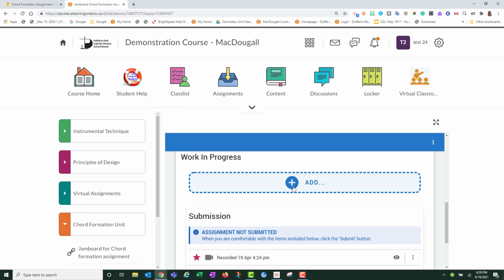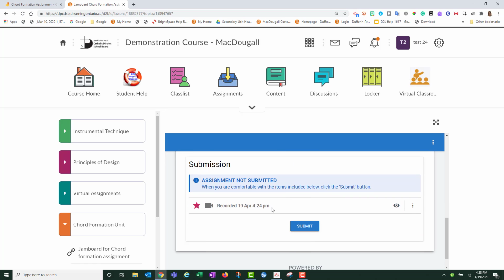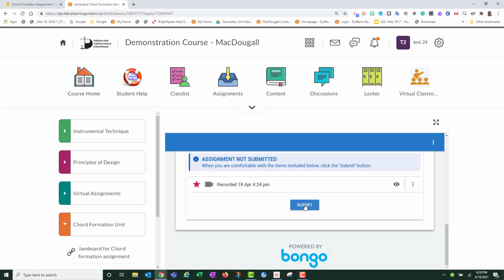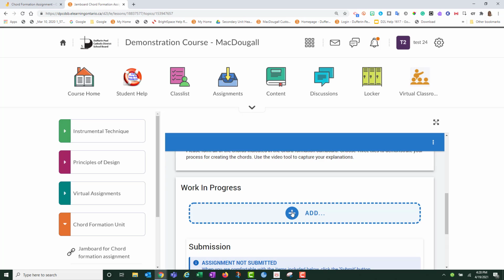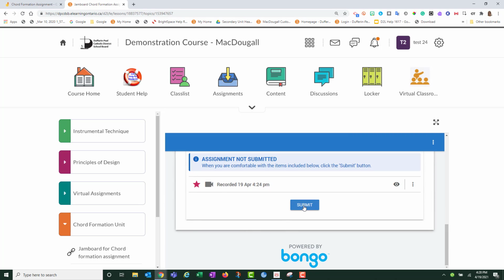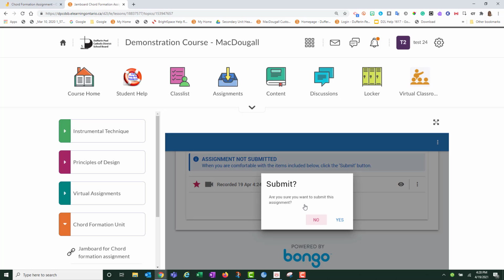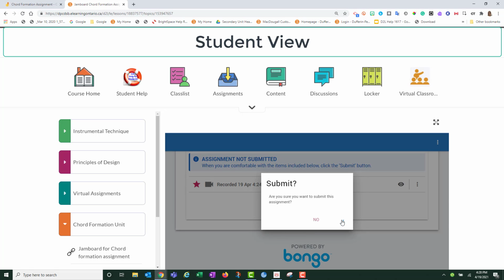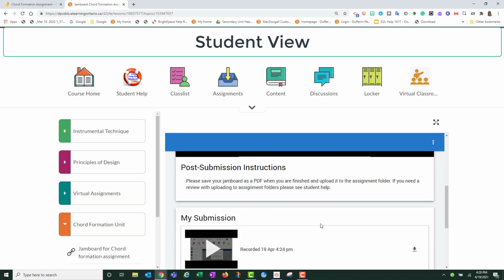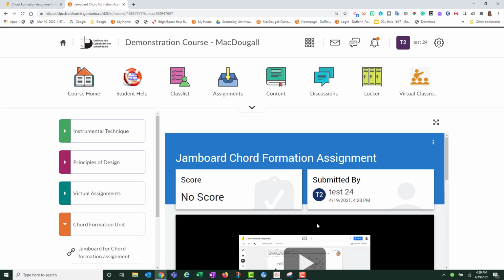Now, if the student wanted to chunk it out and do a number of shorter videos to bring together their explanations for your assignment, they can do that by clicking Add and going through the same process, and then making sure that they add it to be submitted, and then at the end they will submit the overall project here. So all the videos would have to be added and marked for submission, and then finally the submit button would need to be clicked. Are you sure? Yes. So remember, this is from a student view, so they're seeing their work here,